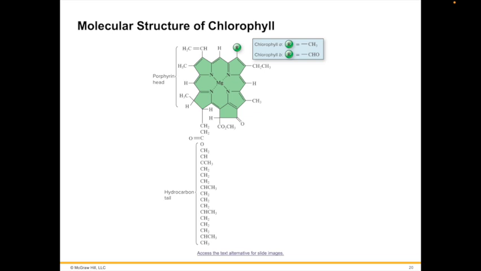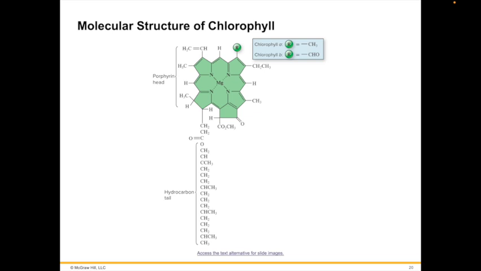So all plants, algae, and cyanobacteria use chlorophyll A as their primary pigment. So it is reasonable to ask why these photosynthetic organisms do not use a pigment like retinol, the pigment in our eyes, which has a broad absorption spectrum that covers the range of 500 to 600 nanometers. The most likely hypothesis involves photoefficiency. Although retinol absorbs a broad range of wavelengths, it does so with relatively low efficiency. Chlorophyll, in contrast, absorbs only two narrow bands, but does so with high efficiency. Therefore, plants and most other photosynthetic organisms achieve far higher overall energy capture rates with chlorophyll than with other pigments.